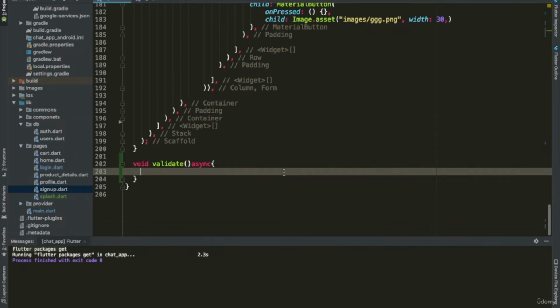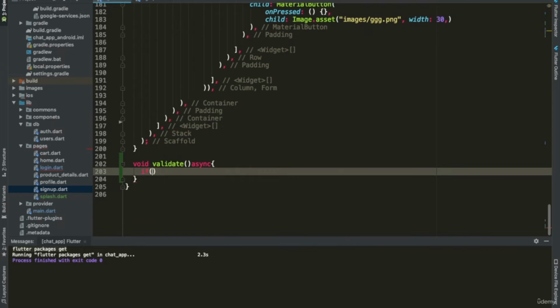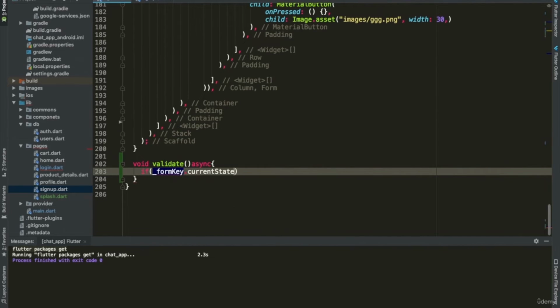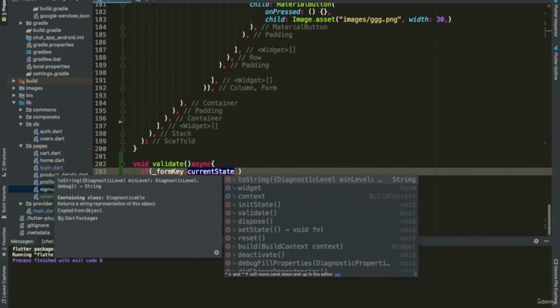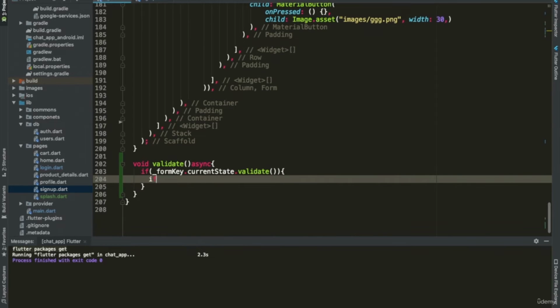And inside our method we're going to check if our form key current state validates. So we want to check if our form is valid, and then if,